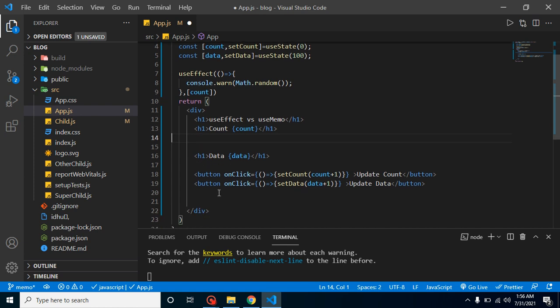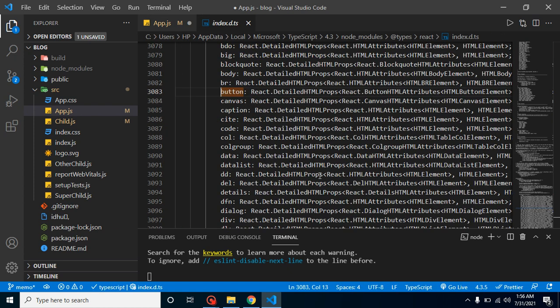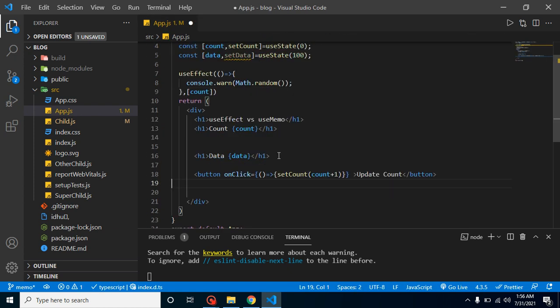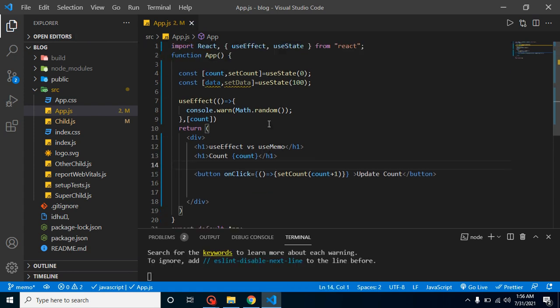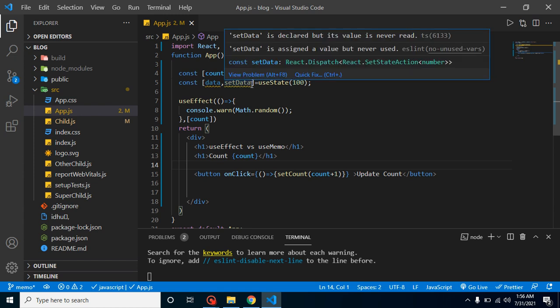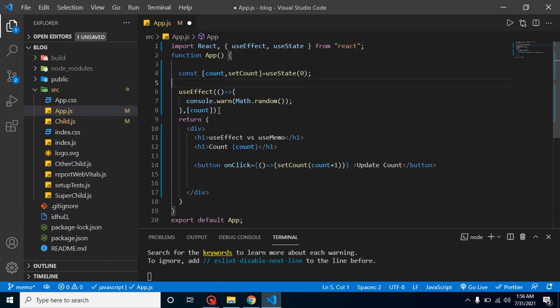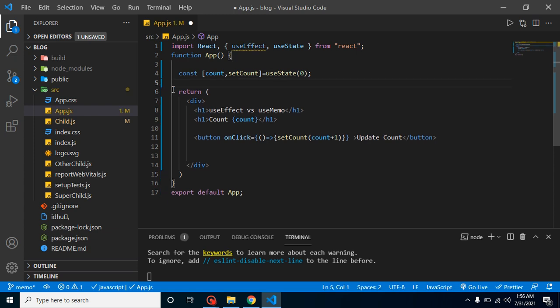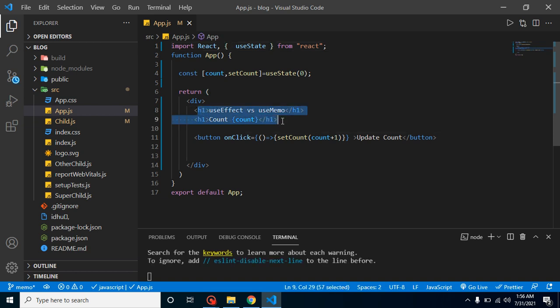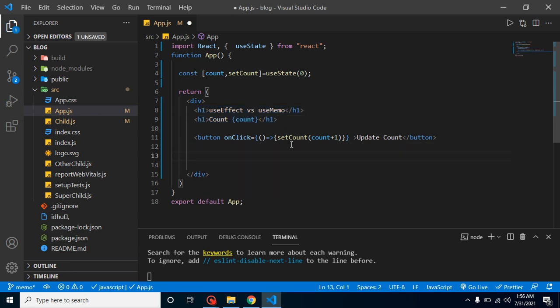useMemo. So what I'm going to do here is again remove one state. Okay, we can just close it. I'm taking only one state here, which is count, and removing the data. And I don't need the useEffect also, so I can just remove it from here. Now you will find that, let's say I am printing the count in two places. One is here and the second one is just below that button.